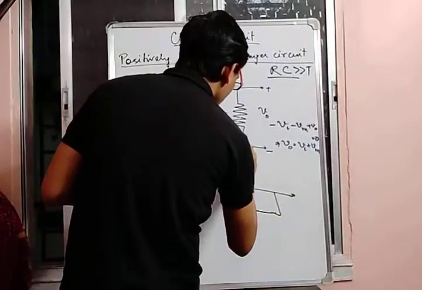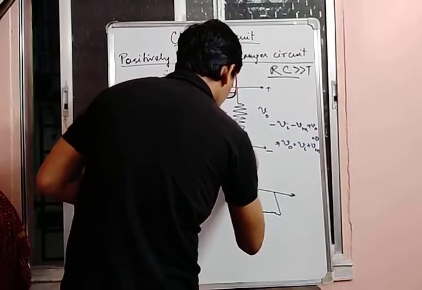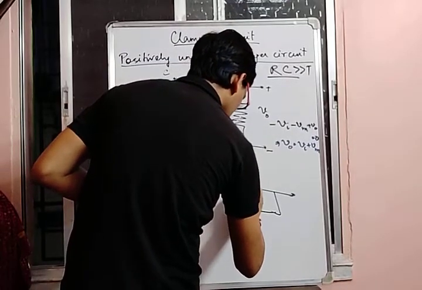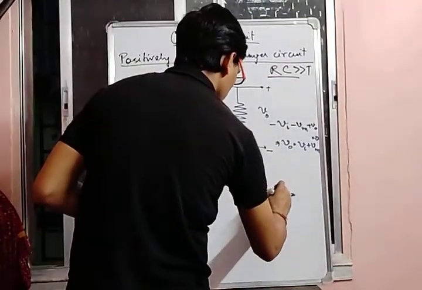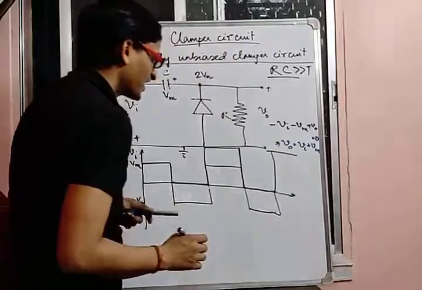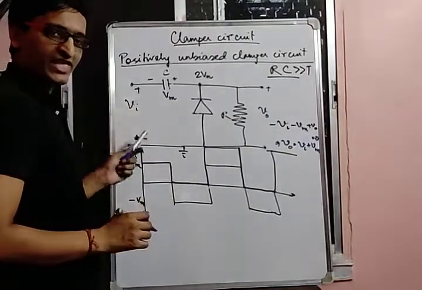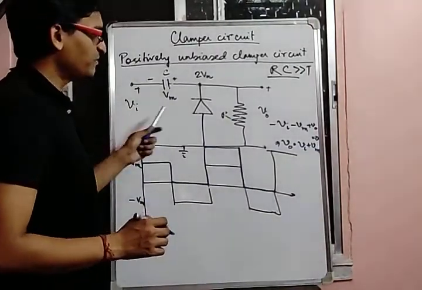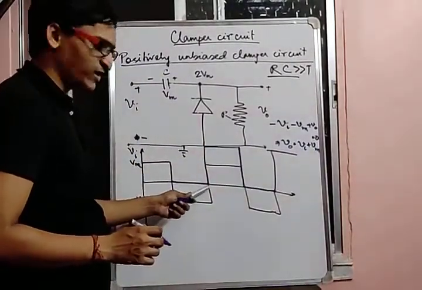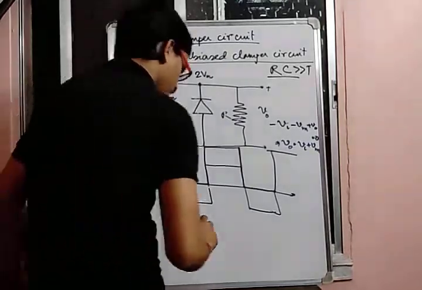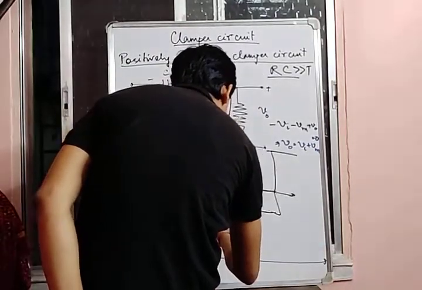So what we will be getting is like this. It will repeat itself. Again during the positive half cycle, what will happen? Again these two voltages will get added up, and we'll be getting the output voltage equal to twice of Vm. So you can easily see that after one cycle, the waveform of the output looks somewhat like this. Just after one cycle.